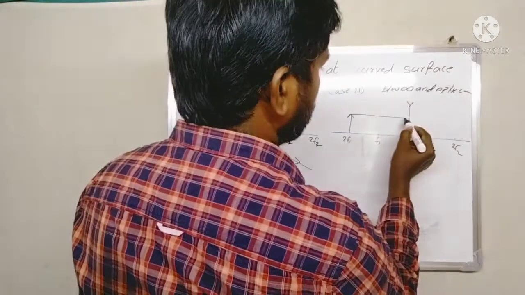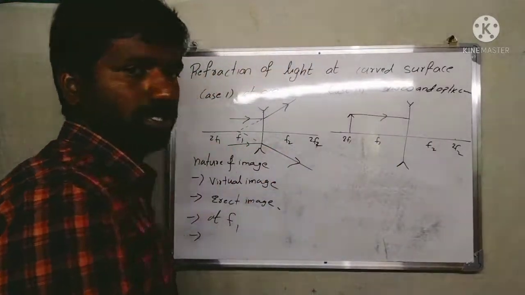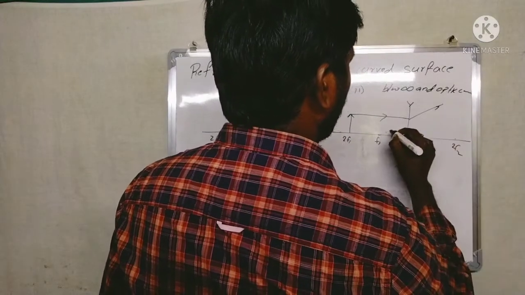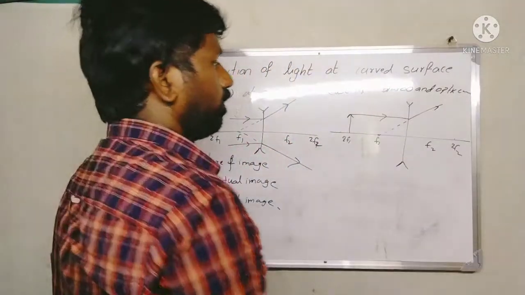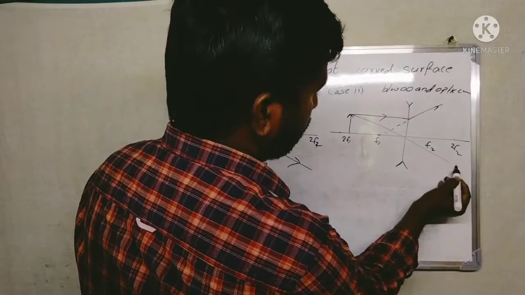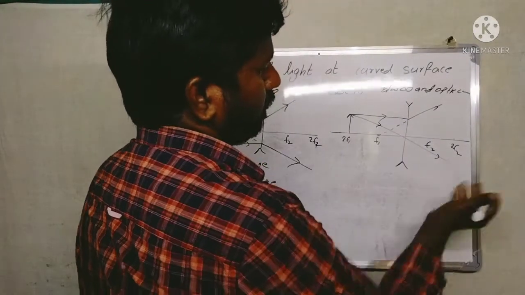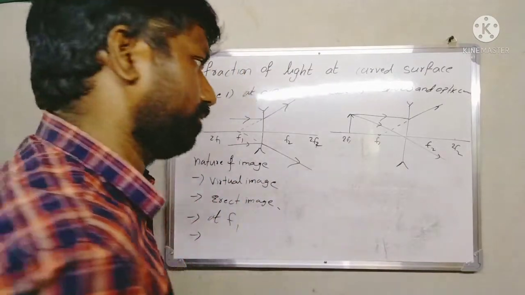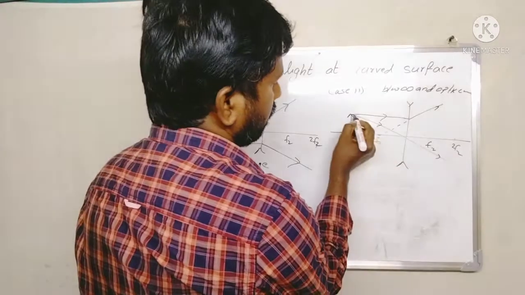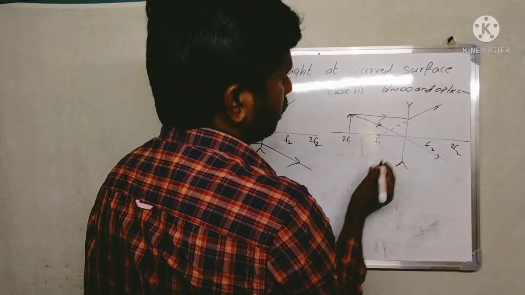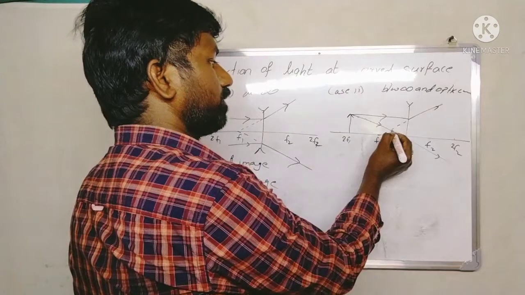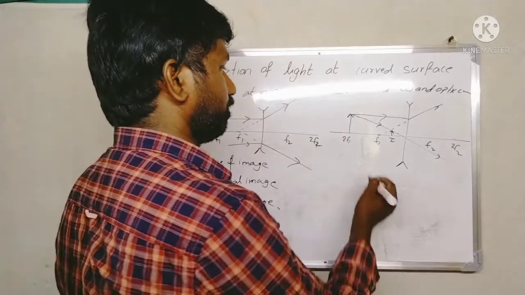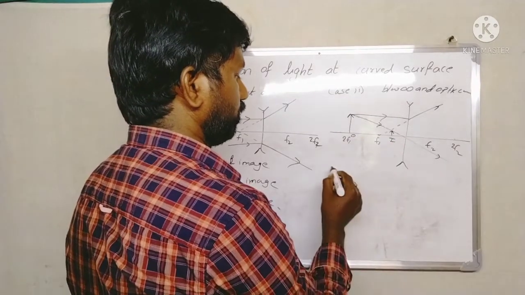Light ray parallel to the principal axis, incident ray parallel to the principal axis, then the refracted ray appears to pass through the focus, and one more light ray passes through the optic center. These two refracted rays are not going to meet each other, so they are going away from one another. So if you extend this refracted ray, the extended refracted ray also exists. So here the two extended refracted rays are intersecting. Here you will get the image. What is the nature of the image? This is the object, that is the image.